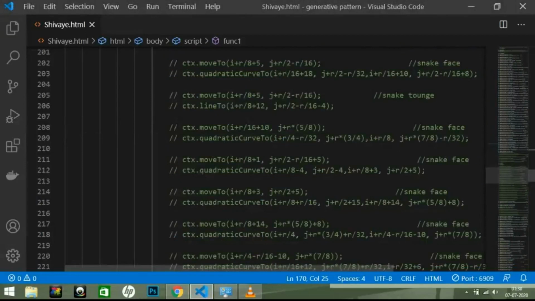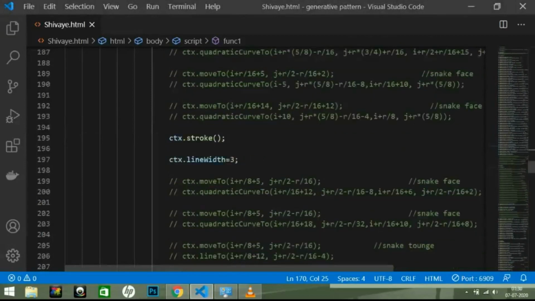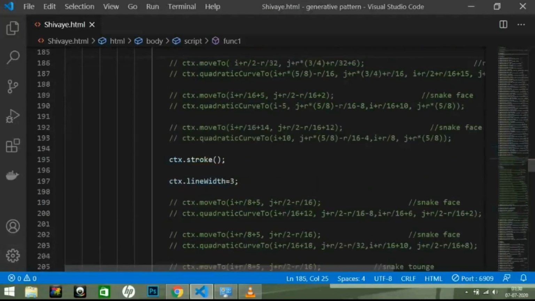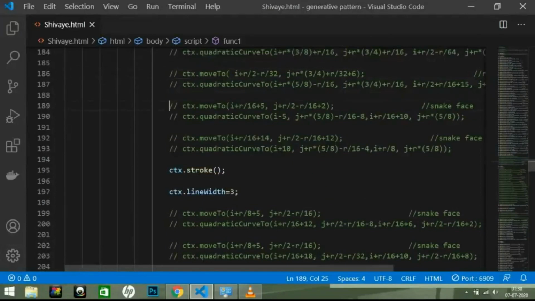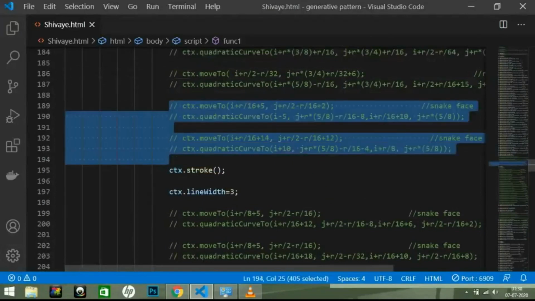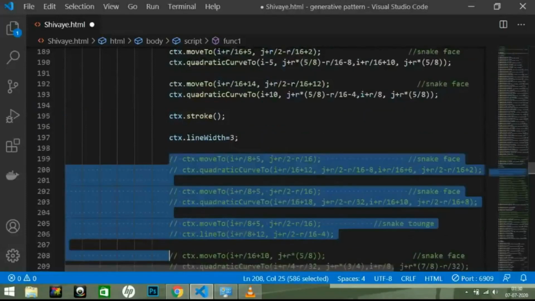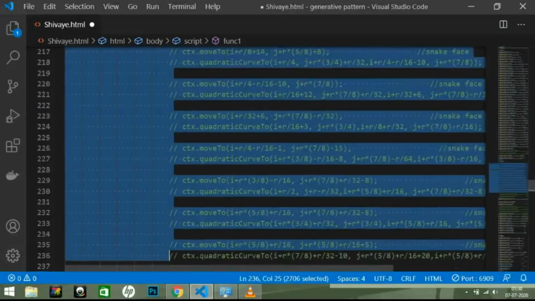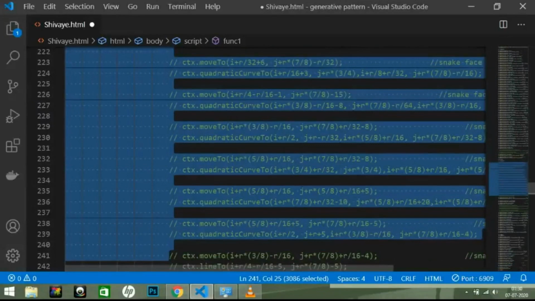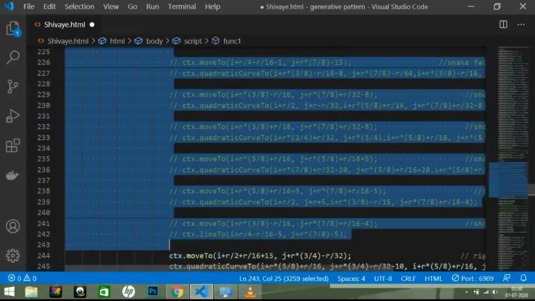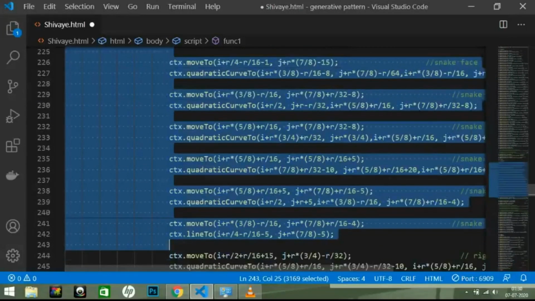First one is the snake, the most beloved devotee of Lord Shiva, and the second one is the throat lines where Lord Shiva has stored the poison to save the world. So now I am going to uncomment the code written for the snake of Lord Shiva, save it and see. The supreme devotee of Lord Shiva is ready now.